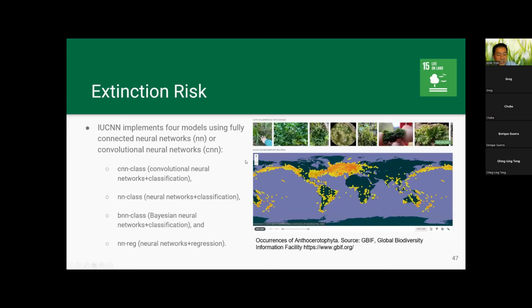So then they use two types of, in fact, four types of machine learning models. You have the CNN, convolutional neural networks. This is used for images, right? And we have an approach by classification or by regression, right? So regression would be to predict a score, a numerical score. A classification would be, like, the endangered species, yes or no.